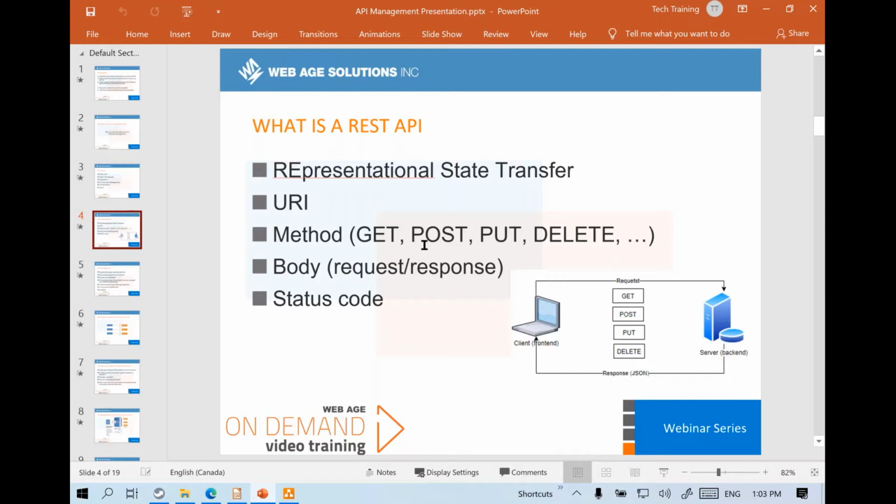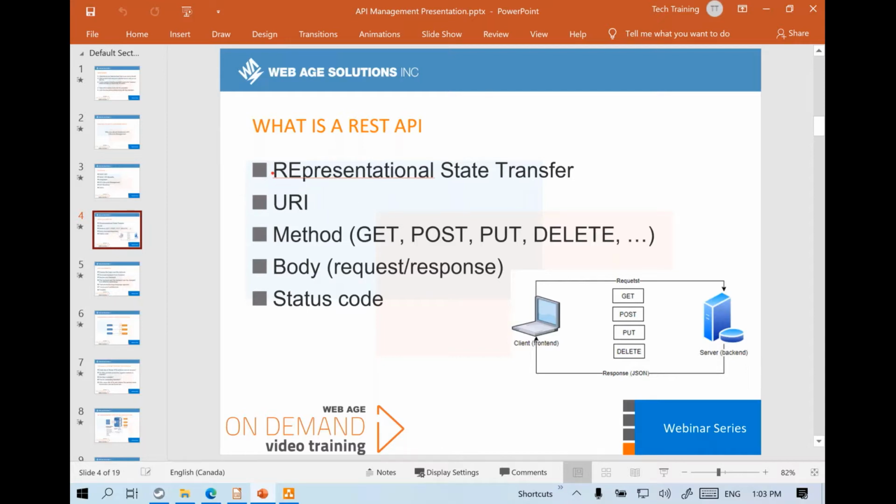Let's first of all talk about what a REST API is, how it's related to SOAP XML services, and then we will see how we can utilize the API lifecycle management concept to modernize our legacy applications. REST stands for representational state transfer.